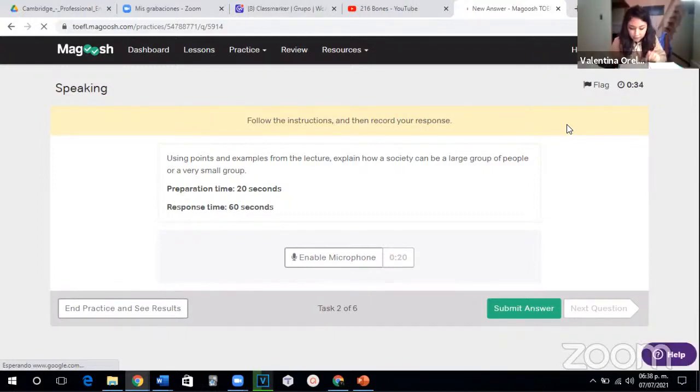On the other hand, a smaller society could be this class. By our acts in the class, we could form a society because we're coexisting in the same space. And by the time, we're going to have expectations and common beliefs. All in all, sociology studies small and large groups in terms of beliefs and expectations.